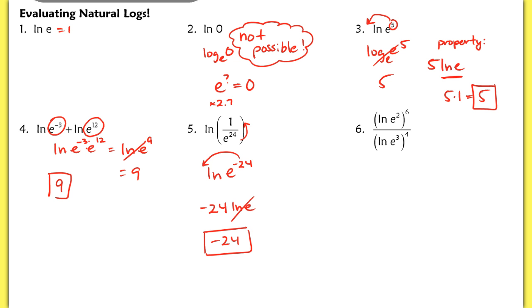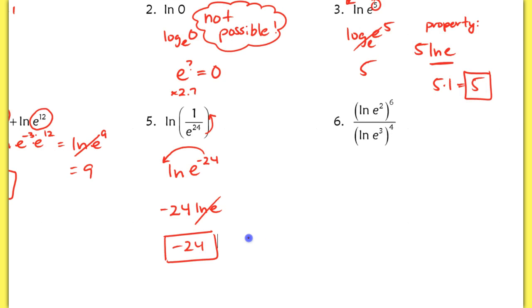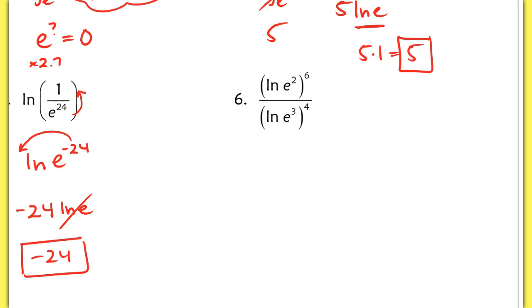Okay, now number 6 is, I think, one of the areas where students will make the most mistakes, because they'll look at this and they'll try to cancel things incorrectly. So we always want to make sure we're using only the rules that we've learned, those 3 golden rules. So here, I'm going to first start by taking that 2 and bringing it out in front. So I have 2 times the natural log of e raised to the 6th power over, in the inside of the parentheses here, if I pull that 3 out, 3 times the natural log of e raised to the 4th power. Now, in the inside of the parentheses here, the natural log of e is going to cancel out,